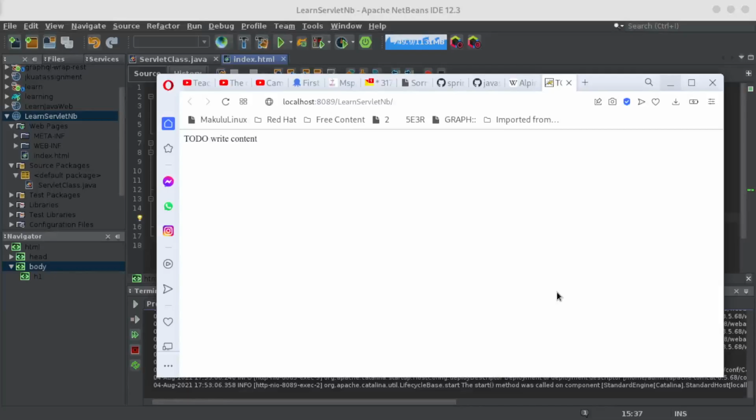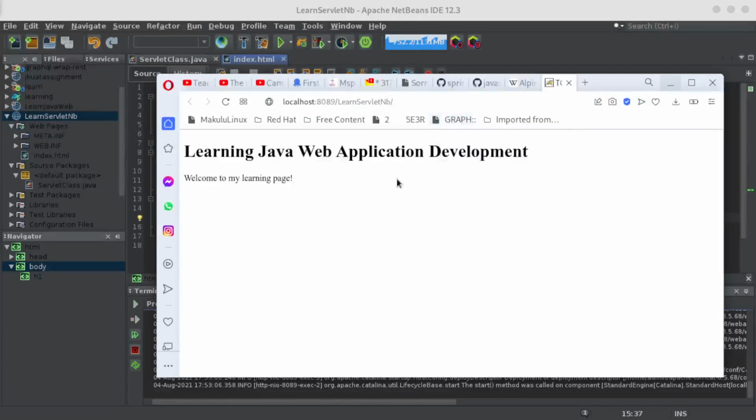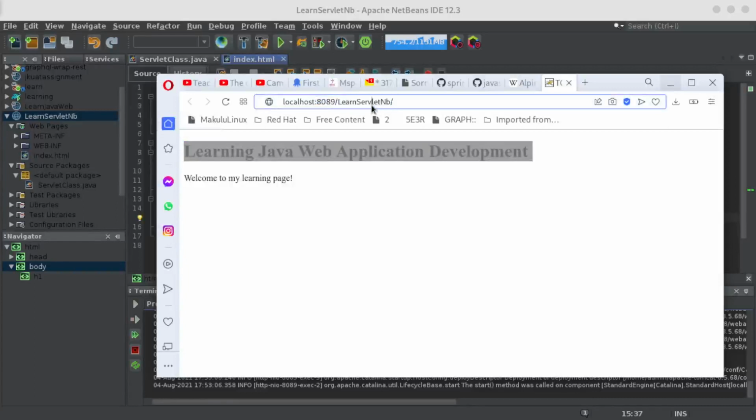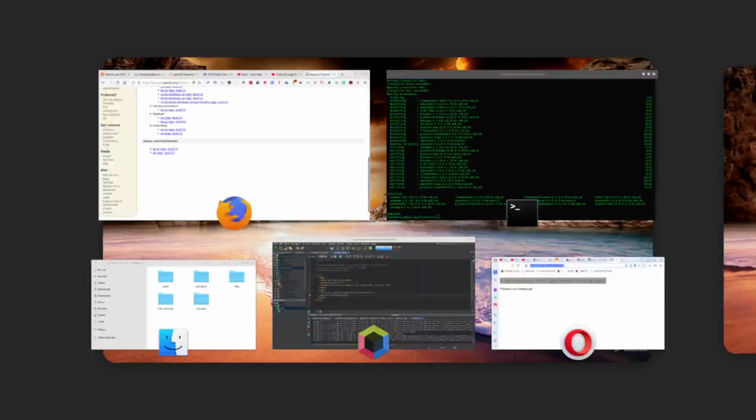Where is our page? Okay, here it is. A beautiful page. And this is just simple. Actually, you can even copy this link and put it in another browser. Let's do this.